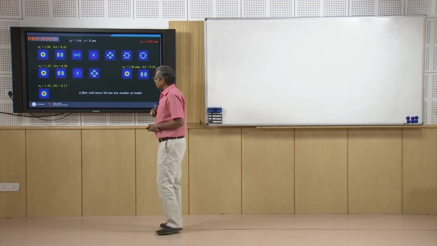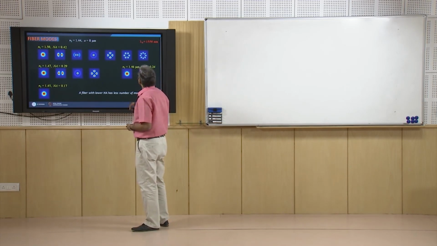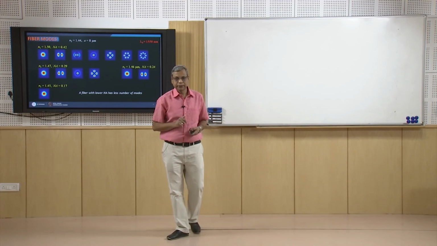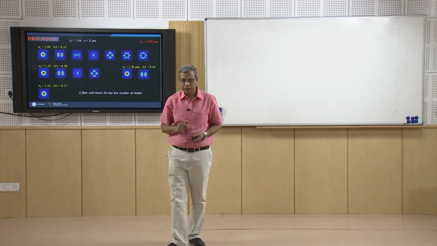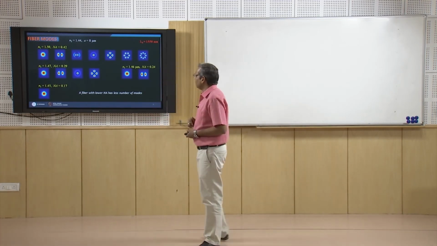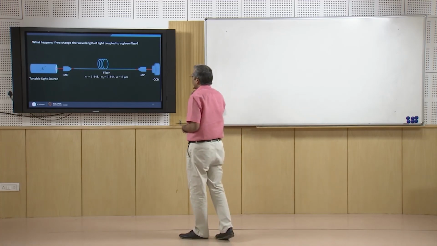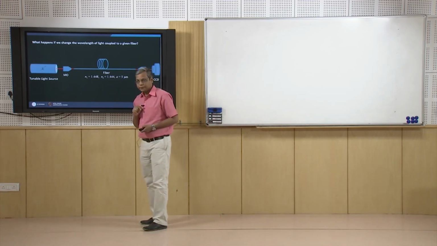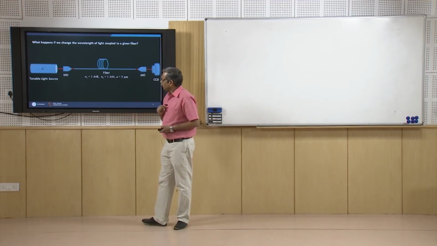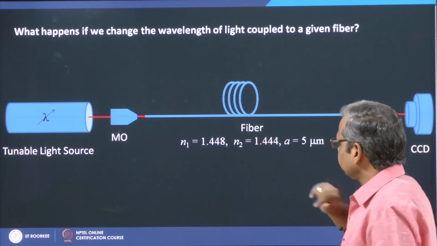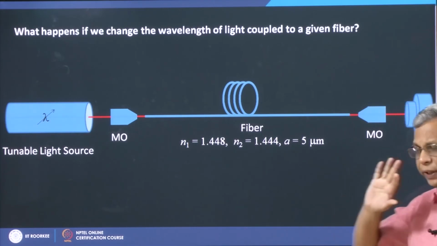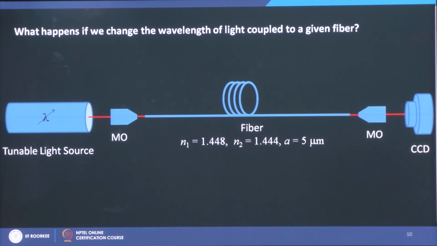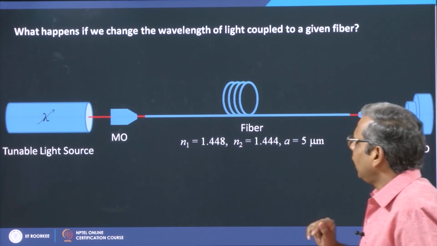The question is, does wavelength also affect the number of modes that can propagate in an optical fiber? For that, let me perform a very simple experiment. So what I do, I take a fiber which is given, which is fixed. So N1, N2 and A, they are fixed. Now I launch